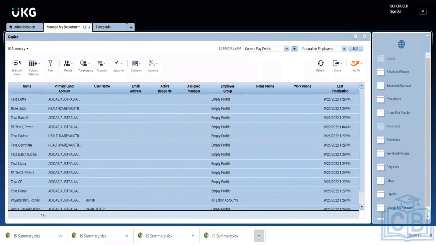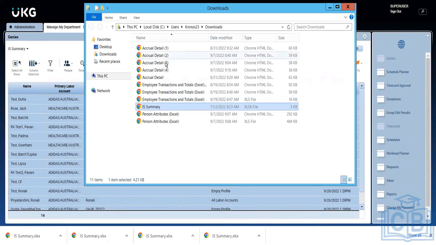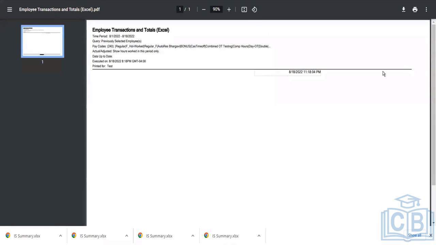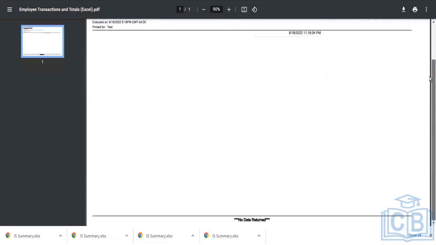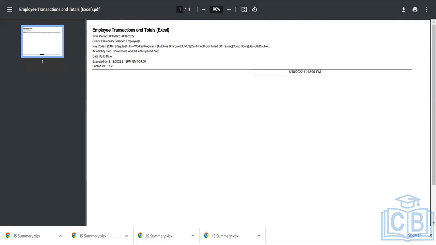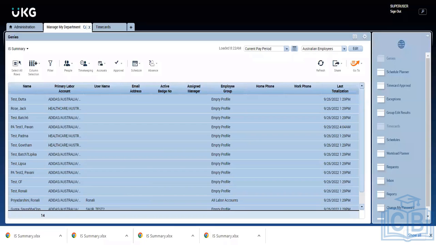I don't see any application which can open this. It's opening it as a PDF, so let me see if there is any other application.